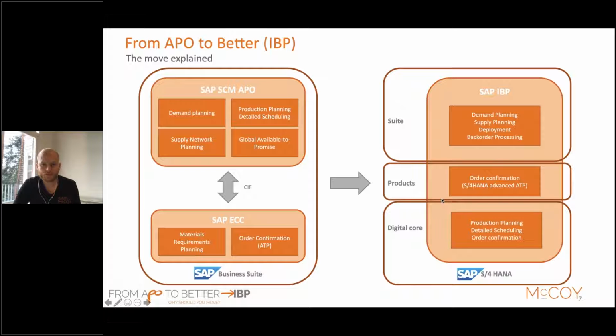So in the future landscape, there will be a real split between operational and executional activities and planning activities, meaning that the planning activities will take place in your IBP system. IBP will be dedicated to planning. The connection will be a near real-time connection, and your execution, like the order confirmations, but also the detailed scheduling, will in the future belong to your core system, as these are more core activities. With this philosophy, there will be a split between planning and execution, and the different kinds of processes will have a more logical place within the SAP suite.